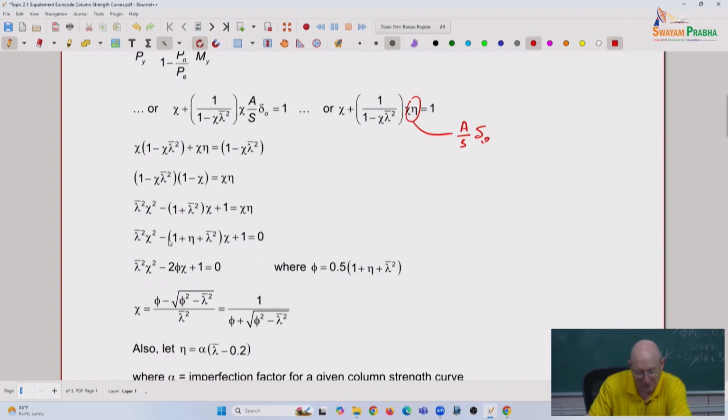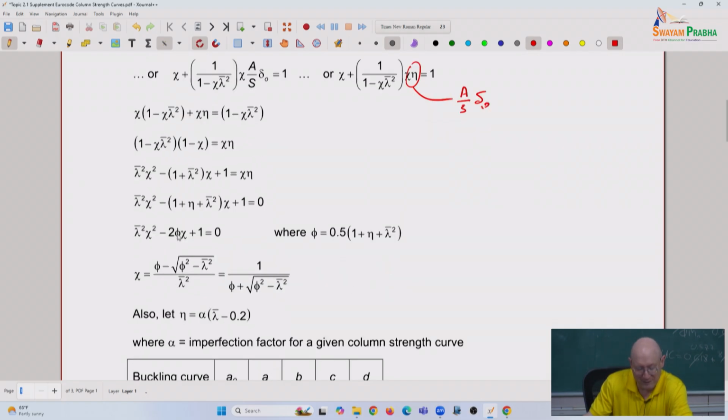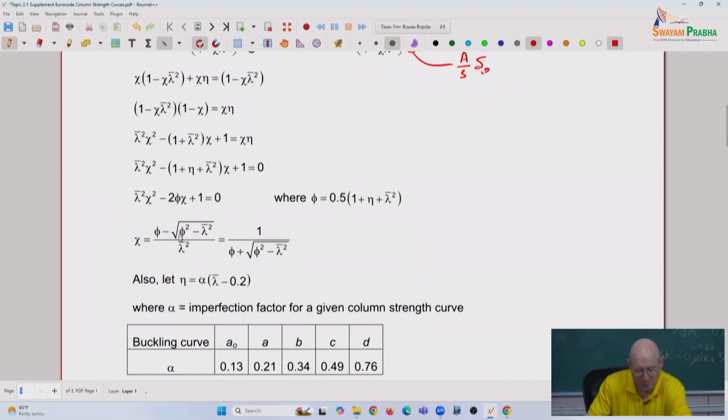We've got an expression here, 1 plus eta plus lambda bar squared. We're going to replace that by 2 times phi, where phi is the term over here that I expect you're probably familiar with. And then we simply have a quadratic equation to solve for chi. The solution we want is the solution to that quadratic equation with a negative sign in front of the radical, which we can